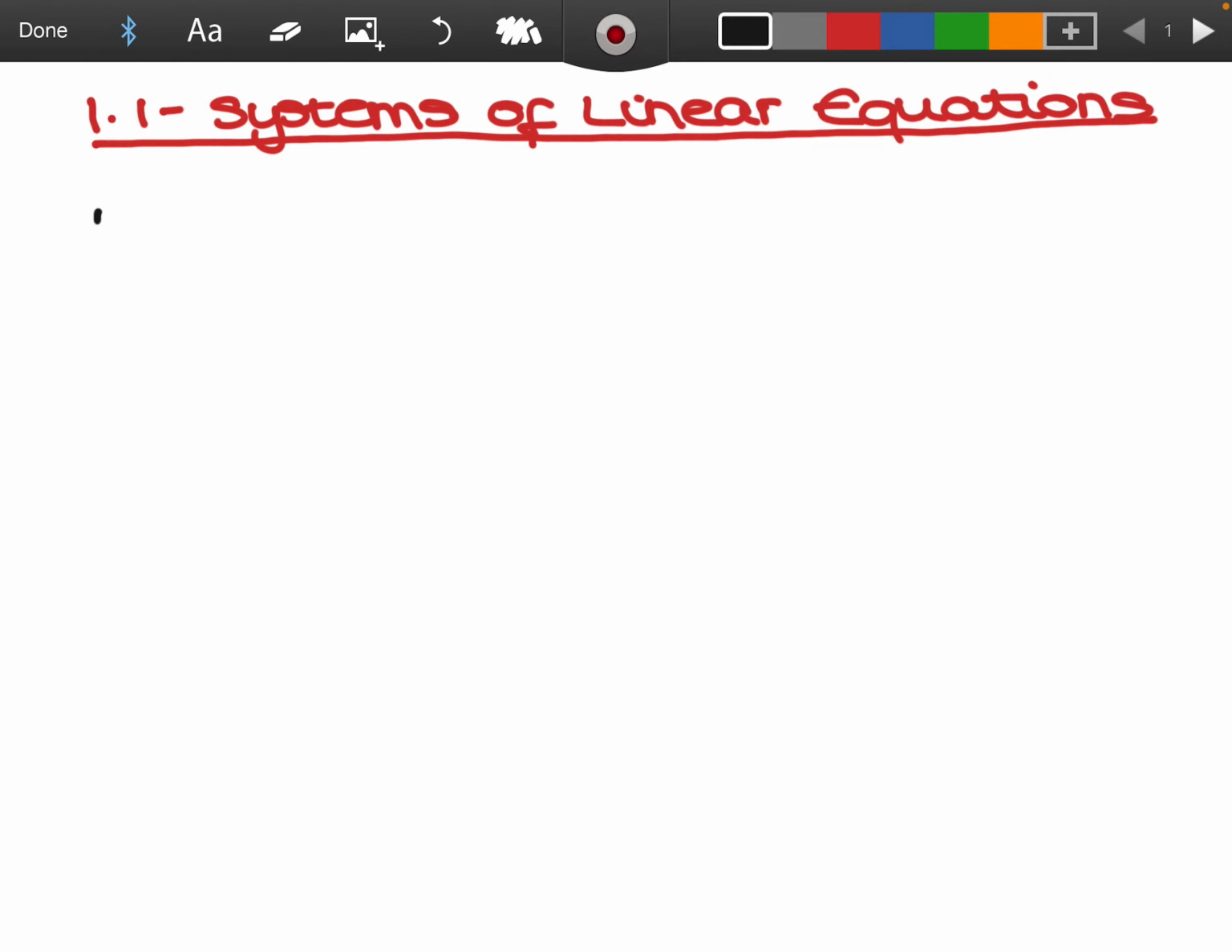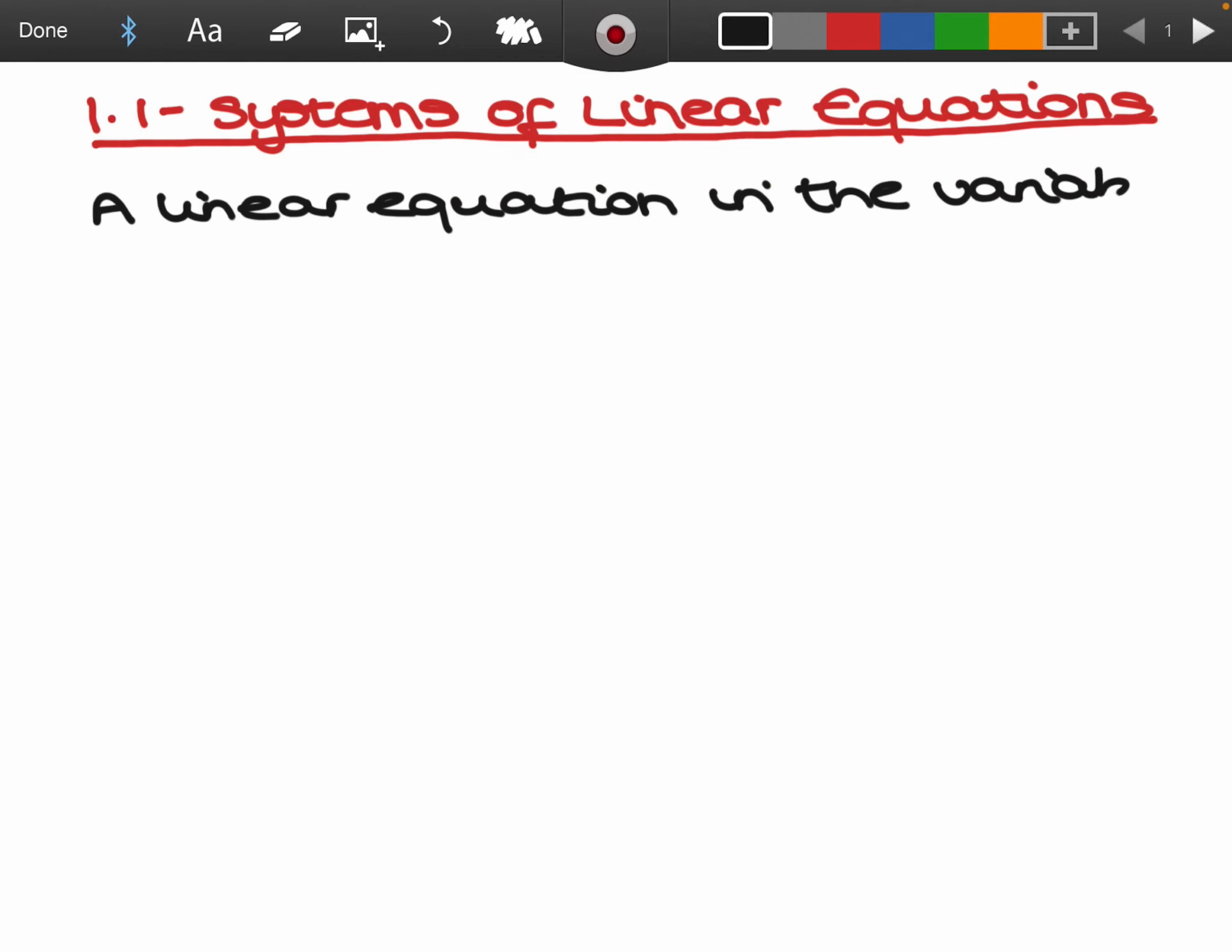So a linear equation in the variables, we'll call them x1 through xn. So x1, x2, x3, all the way up to xn. So you've got n different variables here. It's like saying x, y, z, that's 3 variables. So we've got n variables here. And a linear equation in those variables is just an equation of the form,